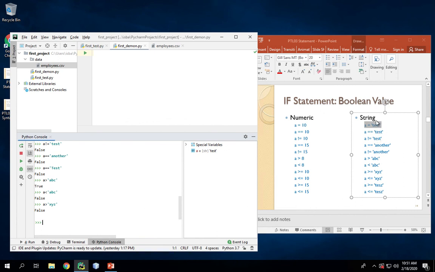What if the first letter is the same? Then I will compare the second letter. When the second letter is the same, I will compare the third letter. When the third letter is the same, I will compare the last one. So as you can see, this one,